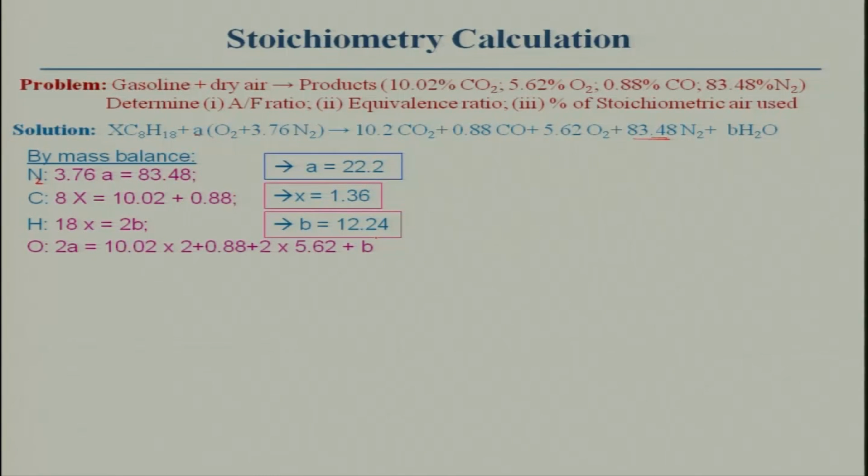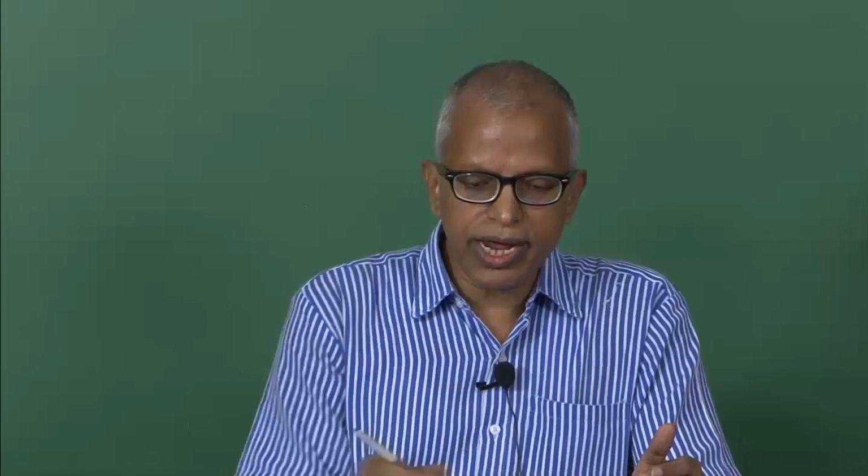This is actually just to check, because what we have done till now is good enough. So you will find the left-hand side is 44.4, and the right-hand side is 44.4. So whatever you have done is right, you are 100% sure. Okay. So now what are we getting? We are getting